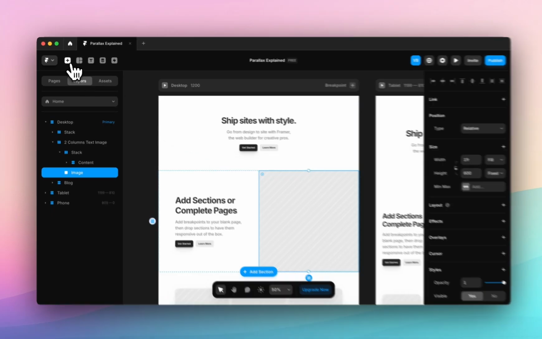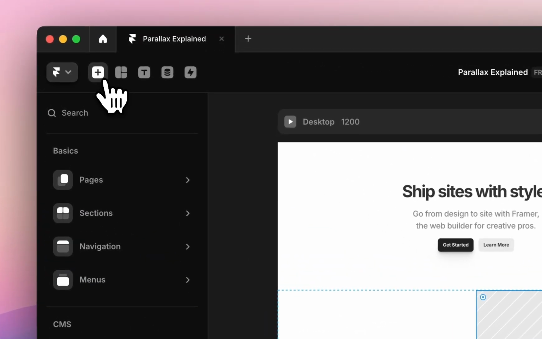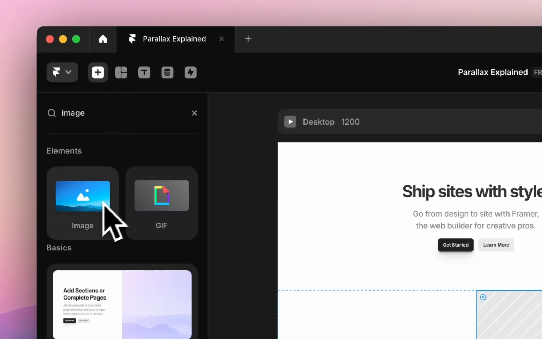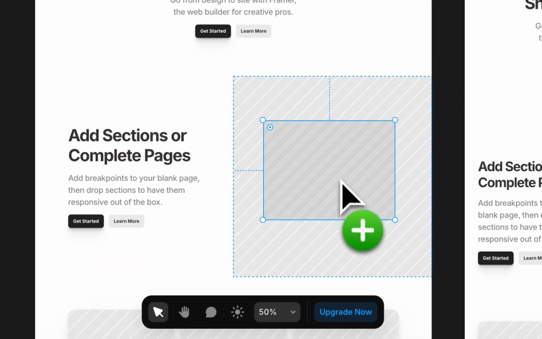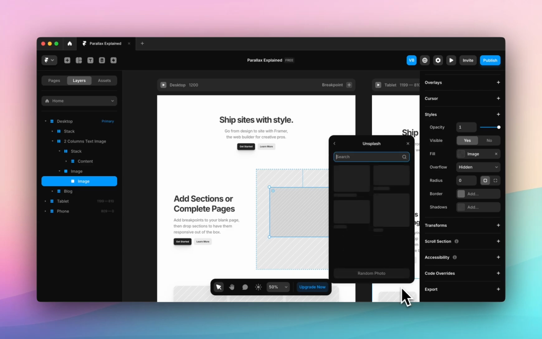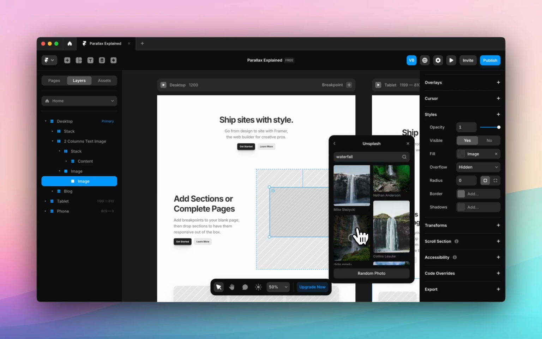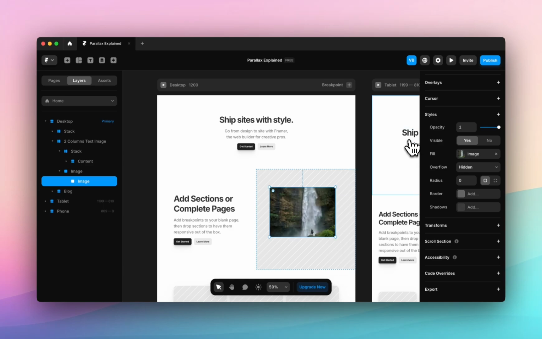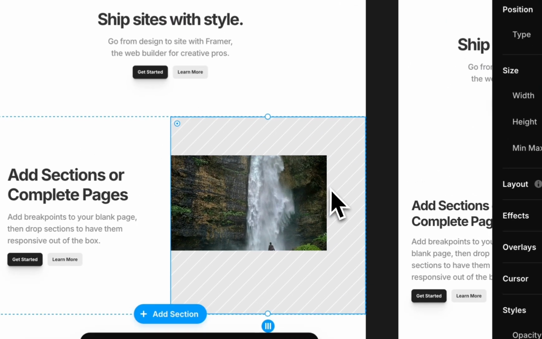So what I'm going to do is jump over to the insert icon at the top and type in image, and I'm going to drop an image into this frame. So you can see this image is absolutely positioned and we can drag it wherever we'd like. So we're going to fill it. We'll find a nice image from Unsplash. This one is great. So we'll actually just drag it